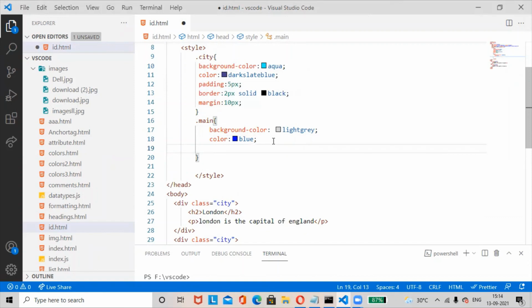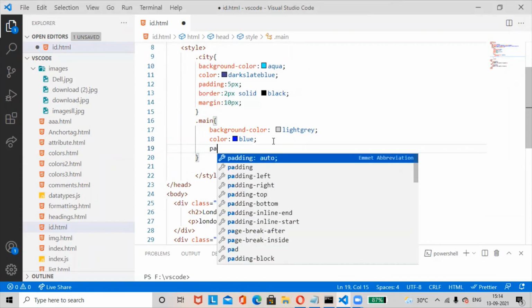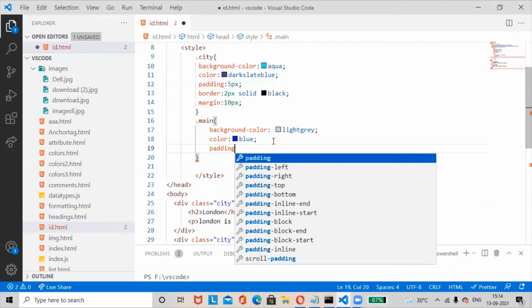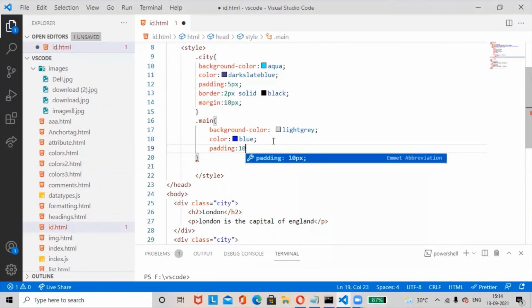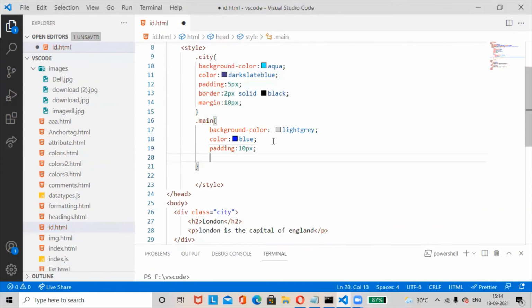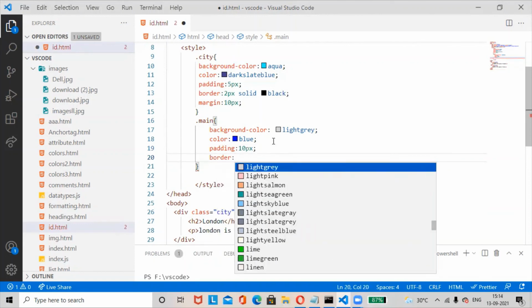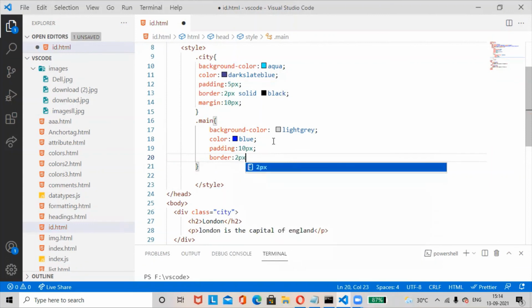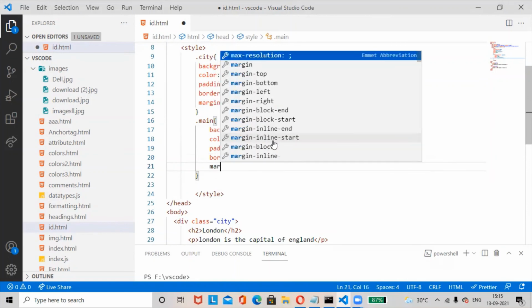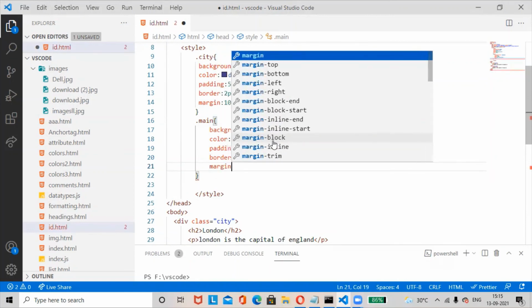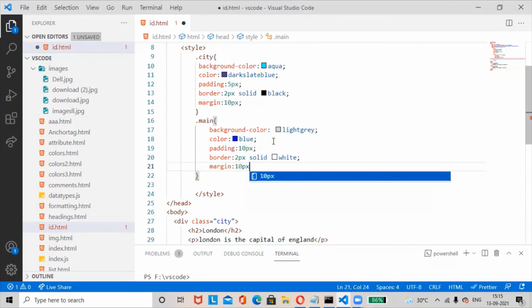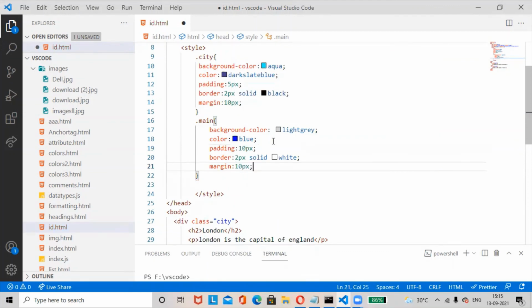then padding 10 pixels. Okay, border 2 pixels, solid white, margin 10 pixels. Okay,